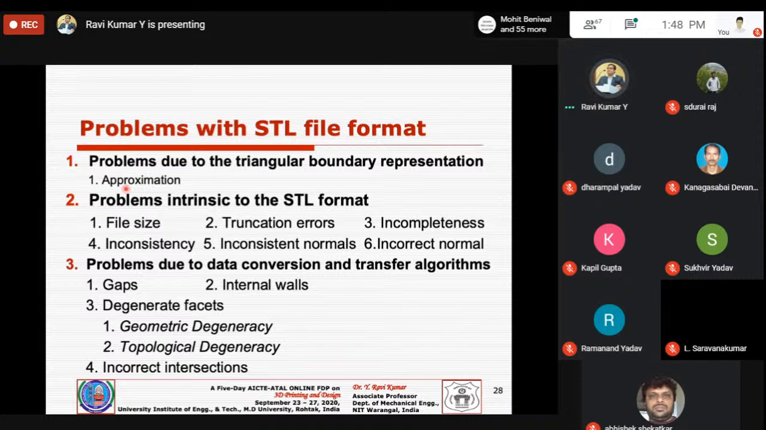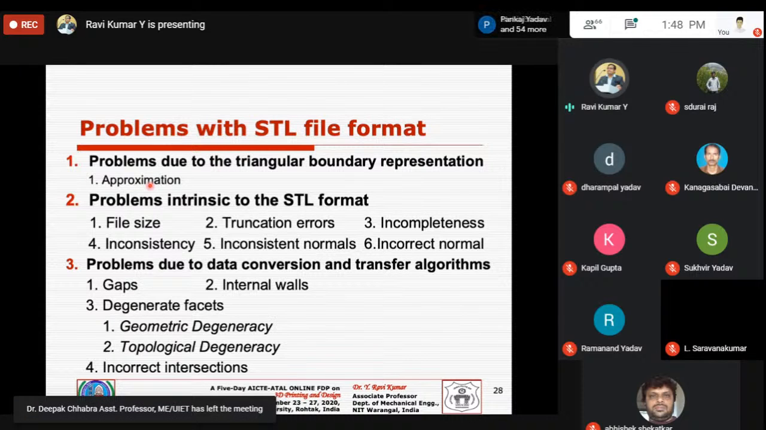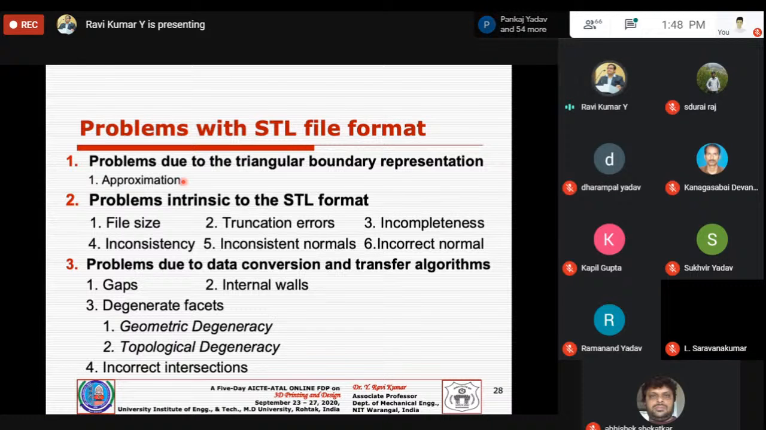As we already discussed, it's an approximation technique, an approximation solution. It's not an exact solution, in fact. Your surface is being approximated with planar triangular facets. So where your triangular boundary is representing your curve or any geometry, every time it is only the triangular facets at the outer boundary. And then there are the problems due to the STL file's intrinsic file size,